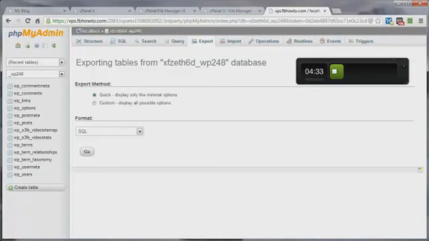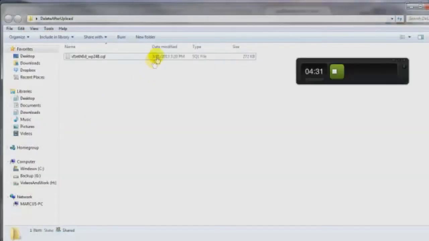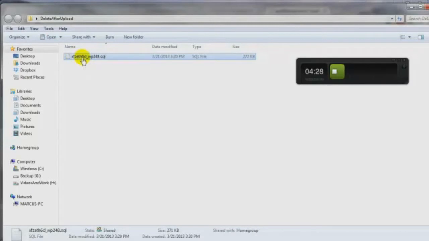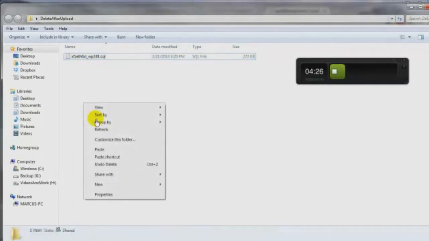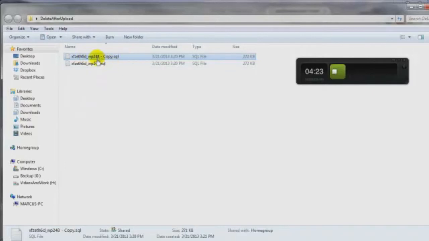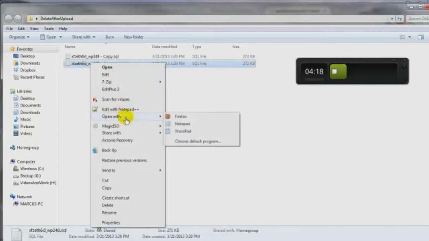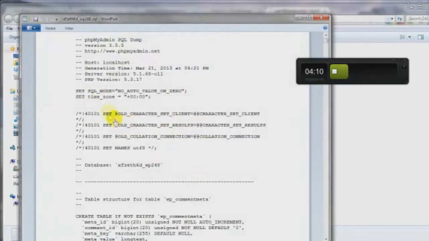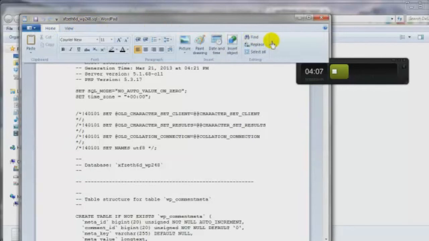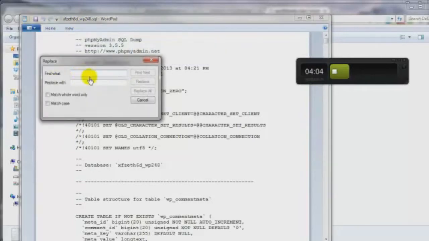Let's get this out of the way. Open up that directory because we don't really want to work on the one we just downloaded. We want to keep that as a kind of a backup. So let's go ahead and click on Copy and Paste. Actually, I'll keep this guy named copy as the backup, and we'll open this guy up with Notepad or WordPad. Notepad will work just as well, but it looks like gibberish. So let's go ahead and use WordPad because there's some formatting involved here. Come on up here to Home. Go to Replace and find what we want to find, the WP_, and we want to replace it with our new one, which is, let's give it a name, GOTU_,